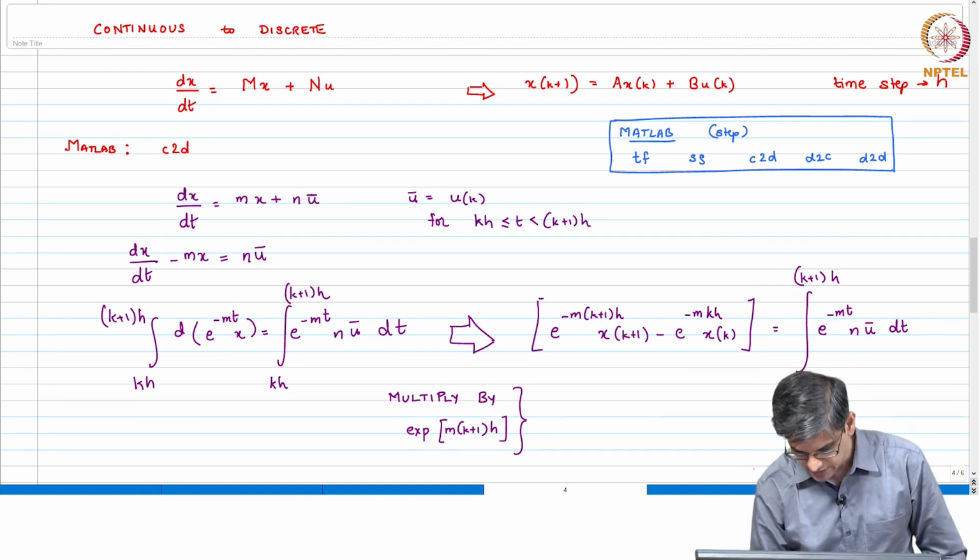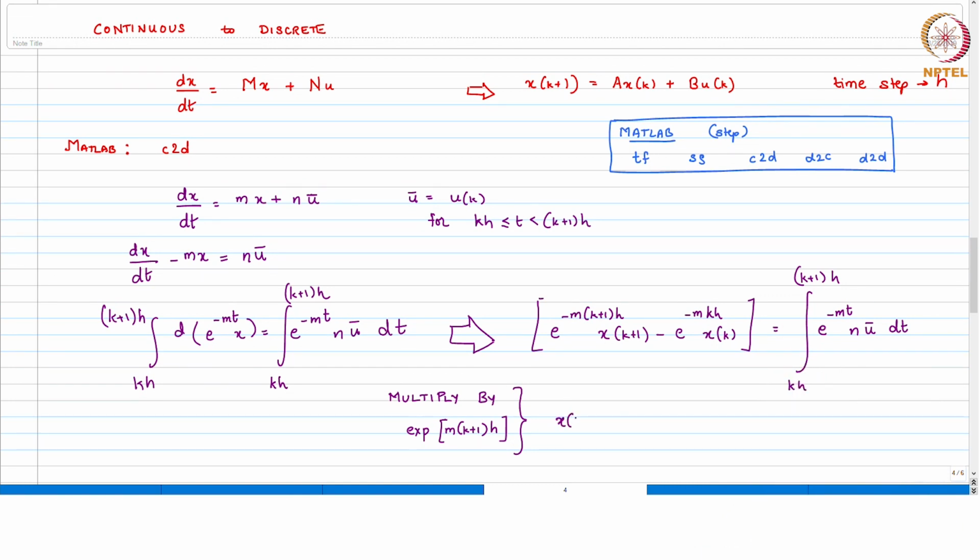Okay. If you do that, you are going to get x_{k+1} minus e to the power m((k+1)h minus kh), which is nothing but e to the power mh, x_k equals integral from kh